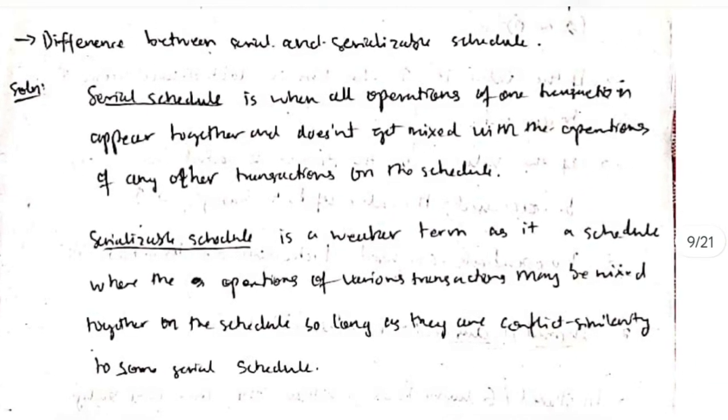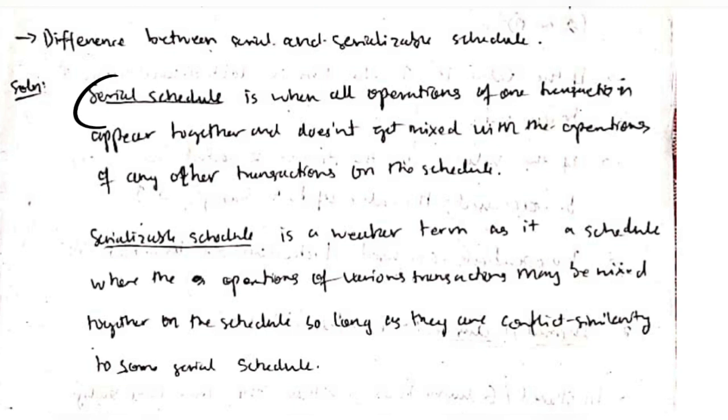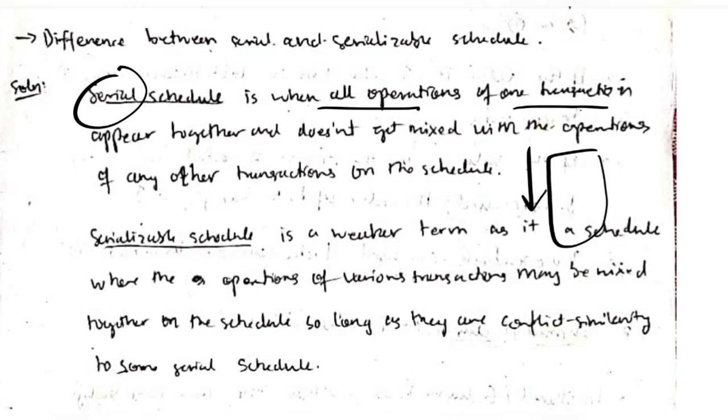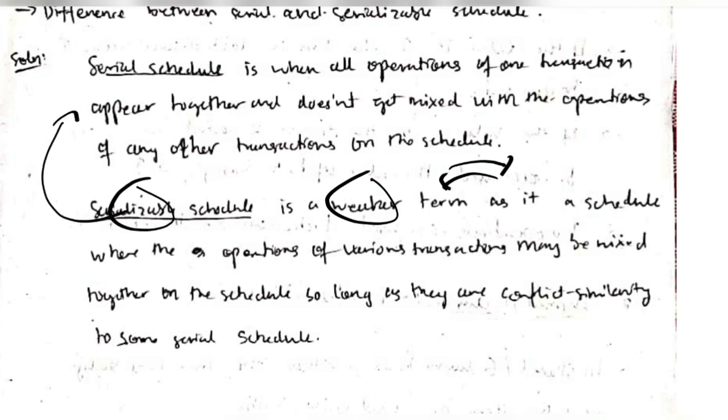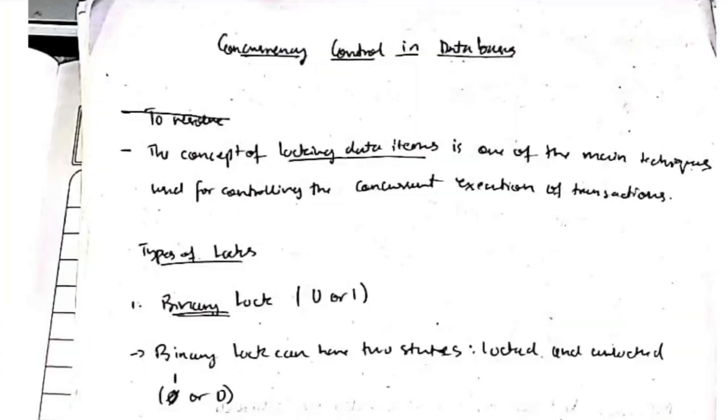Okay, so what is the main difference between serial and serializable? Serial means all operations are defined, that is, there is a fixed order of execution of all the processes, and they do not get mixed. And serializable is weaker than the serial schedule. Their operations can be mixed or not mixed. It is not yet confirmed that it is unserializable. There is a possibility that it can be converted to serial, but there is also a possibility that it cannot be converted. Both possibilities exist, so it is called serializable.